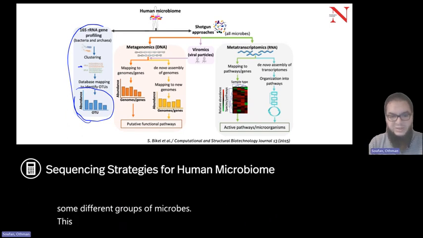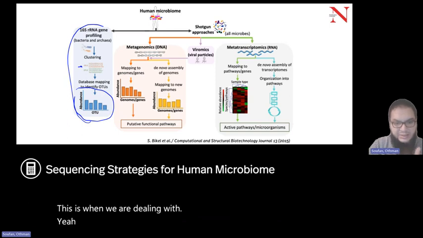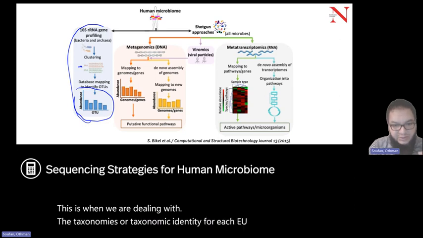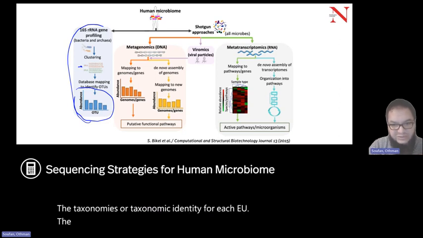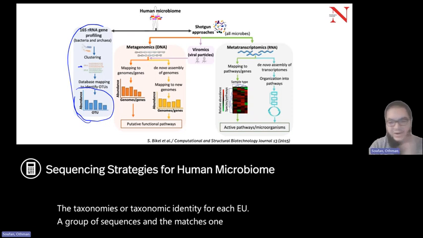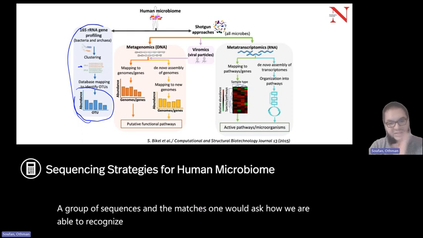This is when we are dealing with the taxonomic identity for each OTU, group of sequences. And one would ask how we are able to recognize that it's this bacteria or